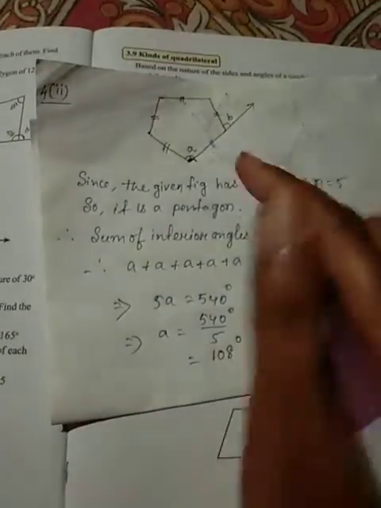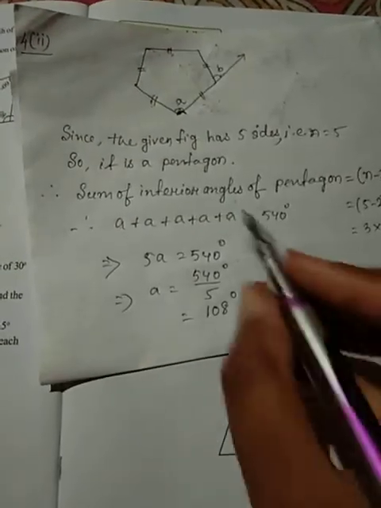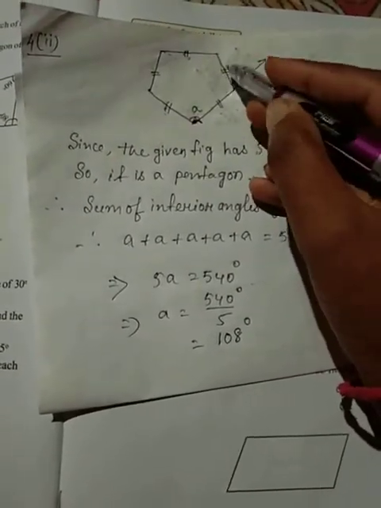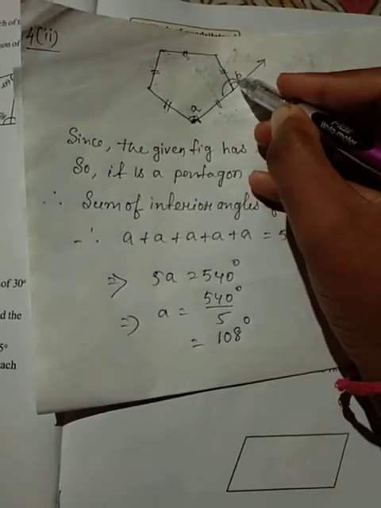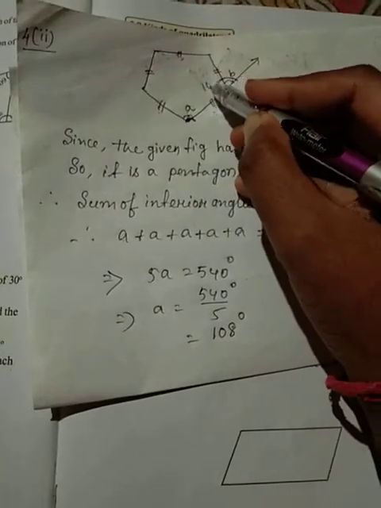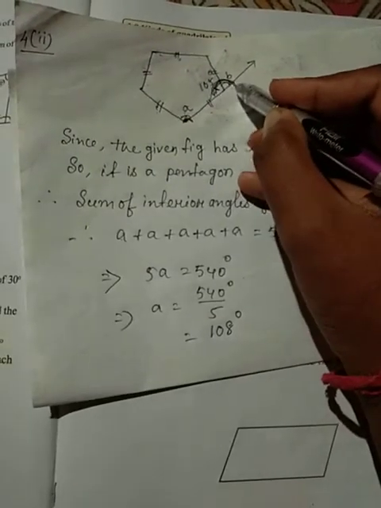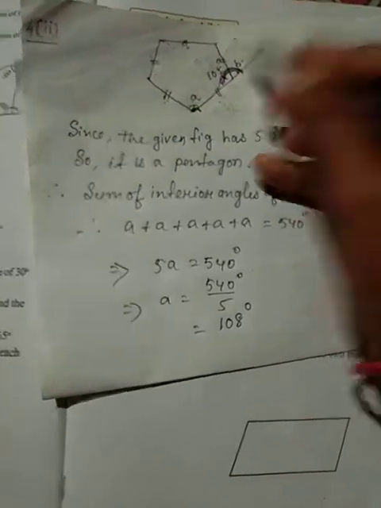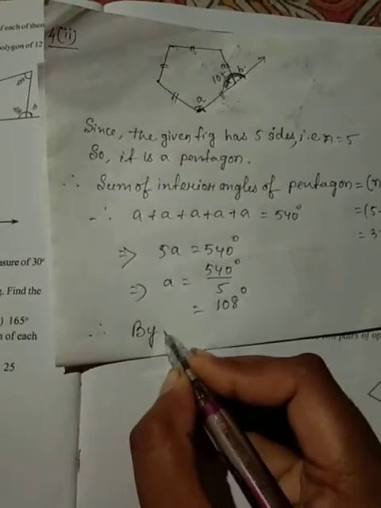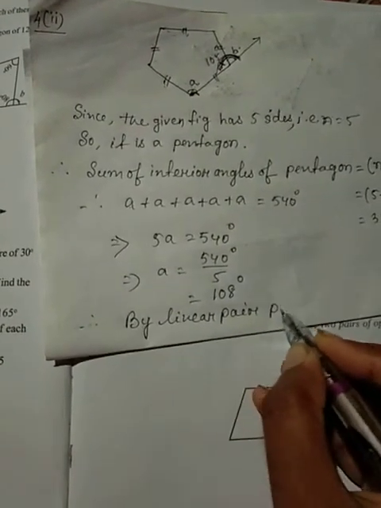Now we find the angle B. How do we find angle B? This is a straight line and this is the transversal. That means the value of this angle is 180 degree. Here the angle of this is 105 degree. By this, by the linear pair property, we have to find the angle B now. Therefore, by linear pair property,